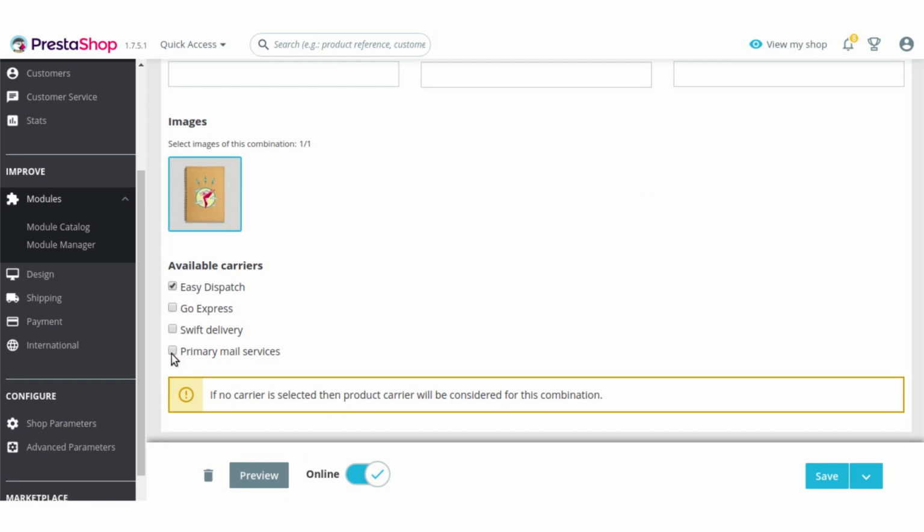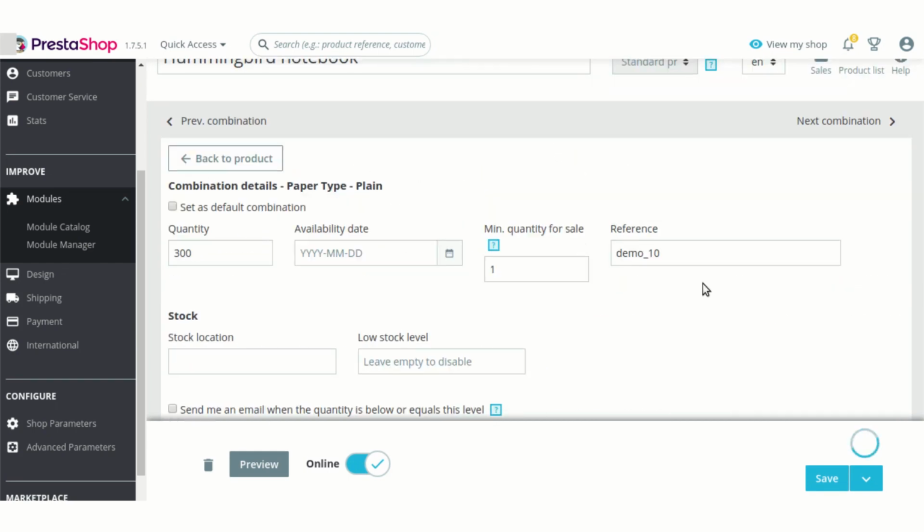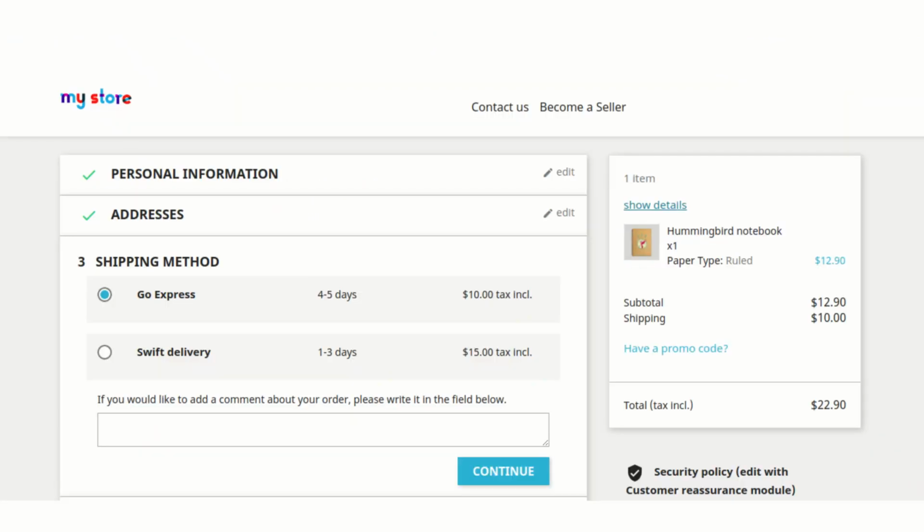For this combination of the product, we will be selecting these two couriers, that is Easy Dispatch and Primary Mail Services. And in case the customer tries to order these two combinations on the front end, how will he or she see the shipping couriers on the checkout page? So let's wait until this setting is saved.